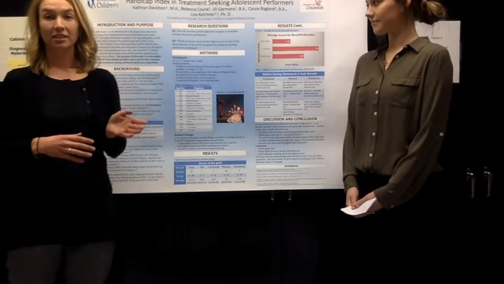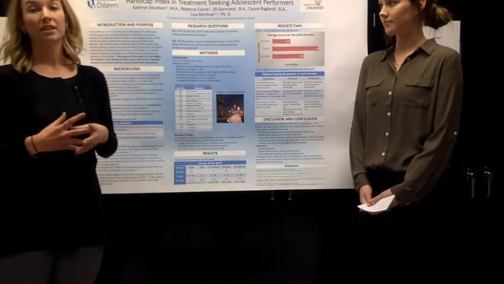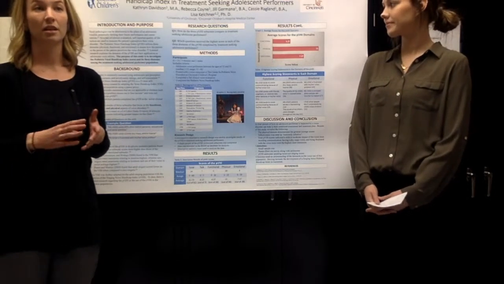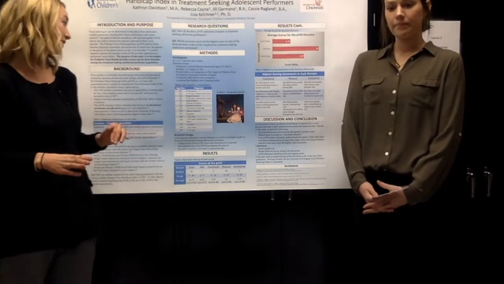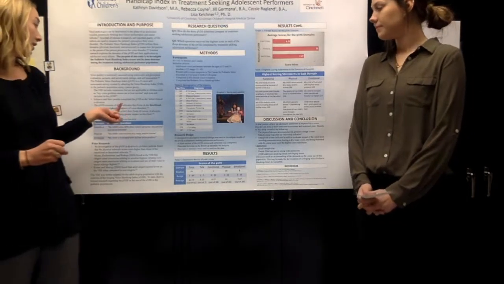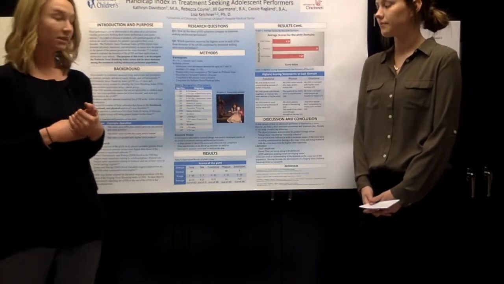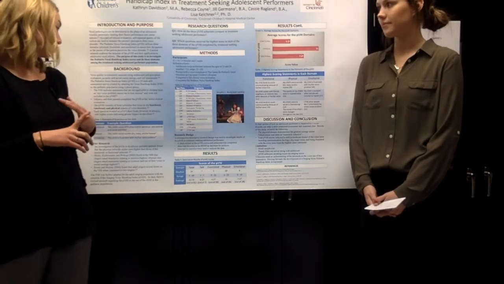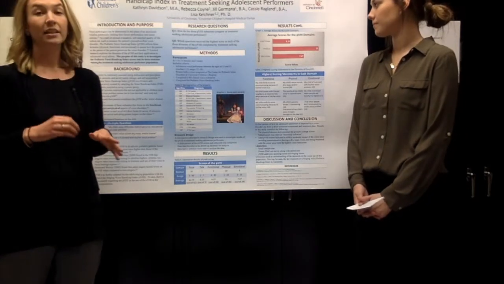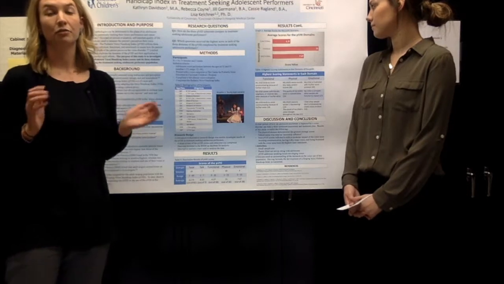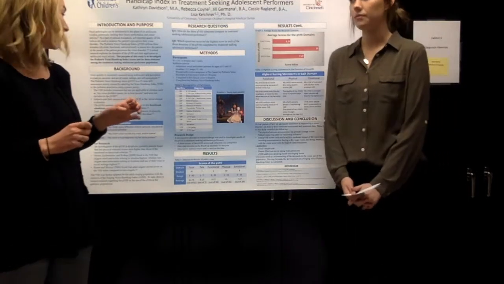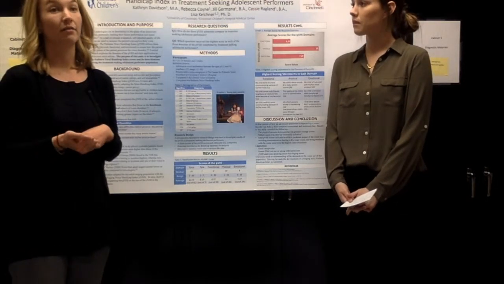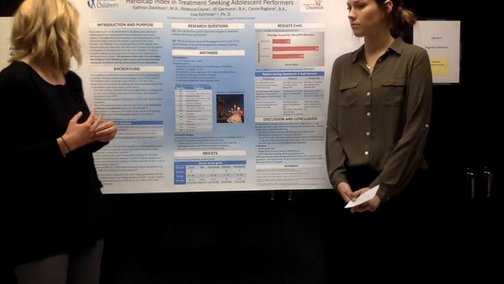For this particular study, the Pediatric Voice Handicap Index, or the PVHI, was completed by the child and their parent at the initial voice visit. And like Jill said, there are 3 subscales that are focused on: functional, emotional, and physical. Each question is rated using a 0 to 4-point Likert scale, 0 indicating that the child or parent never feels that way, 4 indicating that they very often feel that way.